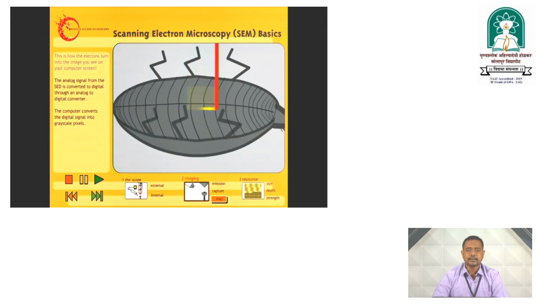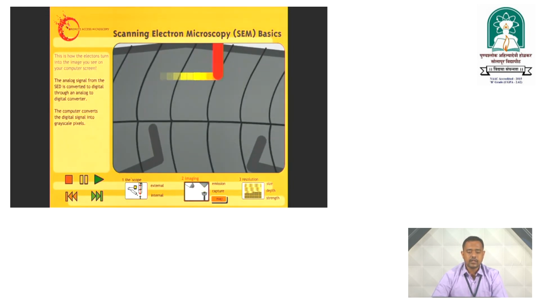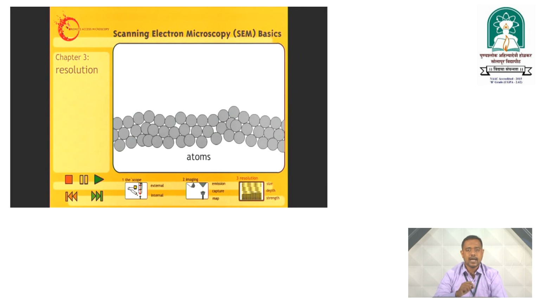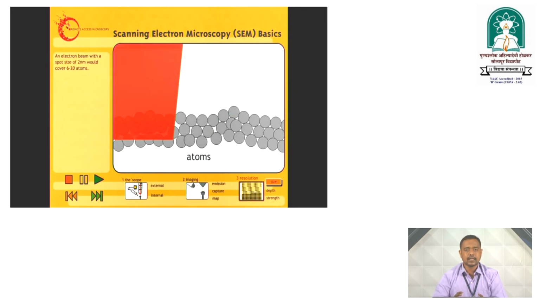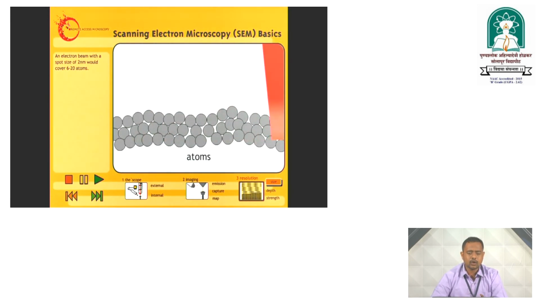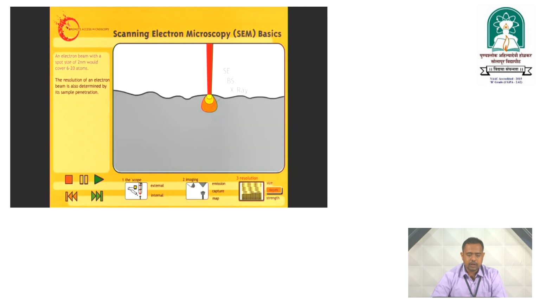It is the line by line scanning. Whatever electron beam we are incident onto the sample surface, by controlling the objective aperture or the scan coil's electric and magnetic field, we are controlling the path length onto the sample surface. That path length is controlled such that we are able to move our electron beam onto the sample line by line. So that line by line scanning is nothing but the raster scanning. Here we can see the line by line scanning onto those particular atoms.